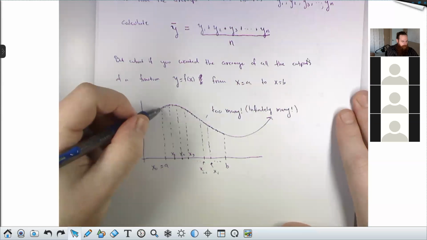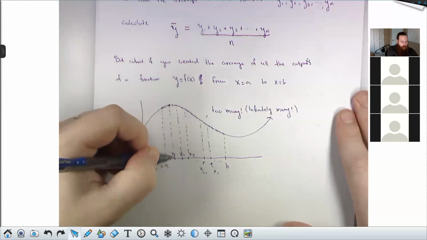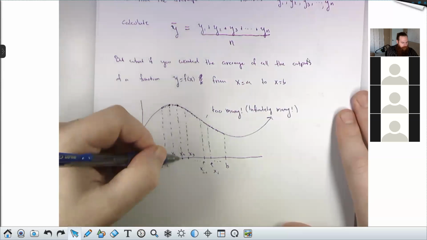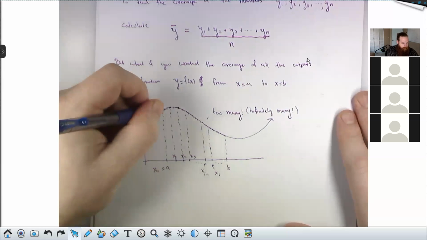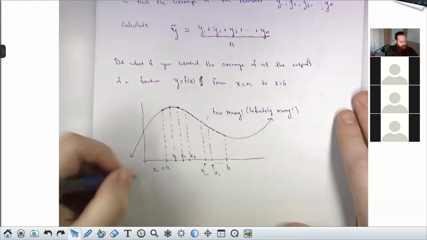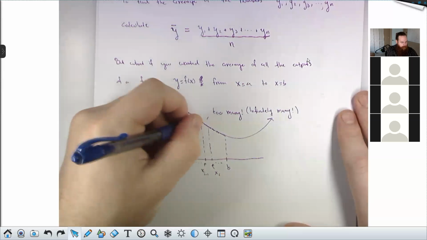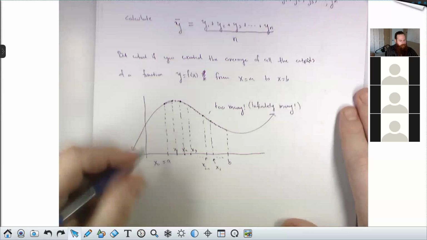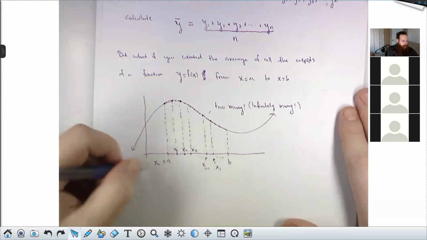This first guy right here would be f of a. This guy right here, his y value is f of x1. This guy right here, his y value is f of x2. So these y values, this would be f of x_{i-1}, f of x_i. So the average